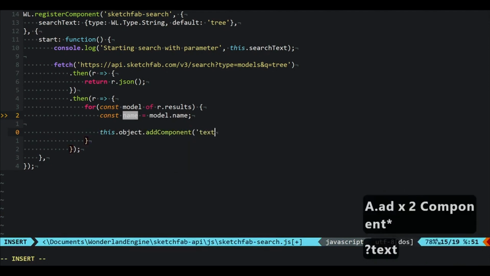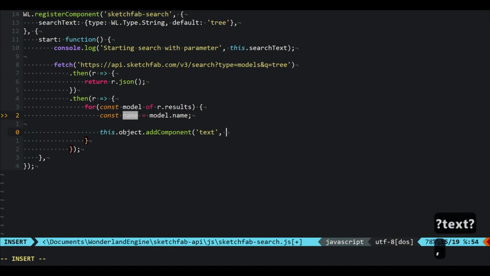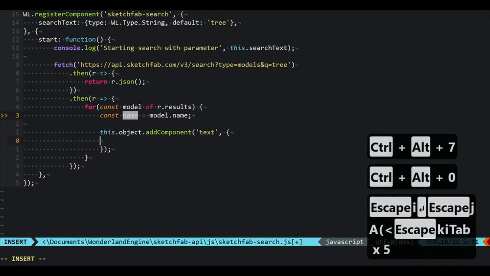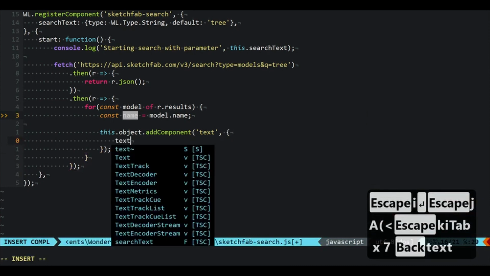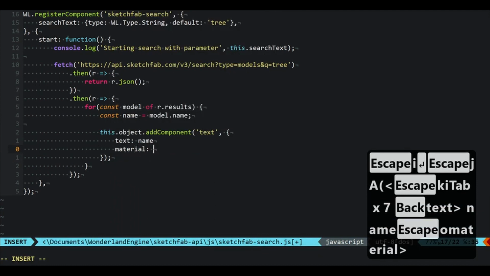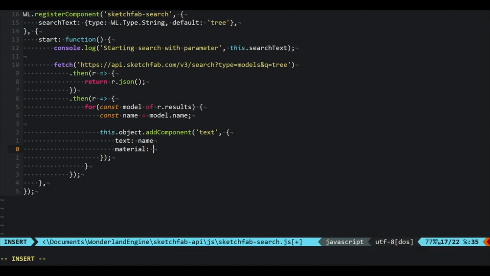Add component text, and add the properties for this new component, which is going to be text name, and finally material. And well, where does this material come from? We will need to configure this material in the editor, and that's why for now we're just going to say this.text material,